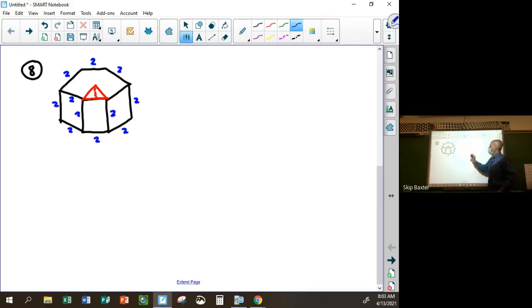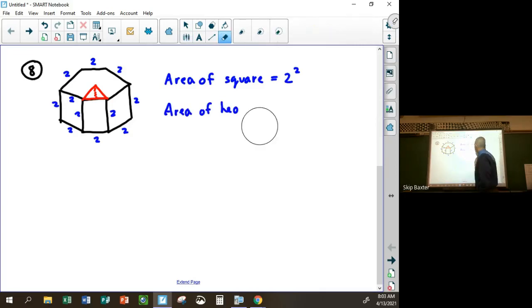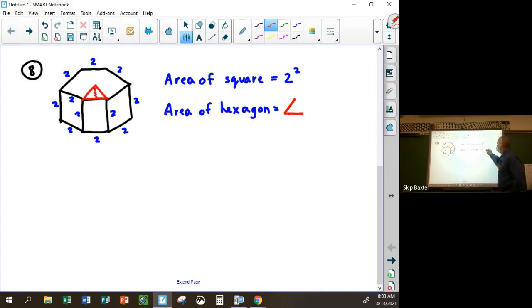Right? So what's the area of the square, of square side? Yeah, it's just going to be 2 squared. 2 squared, right? And the area of the hexagon is just going to be the area of that red triangle times 6,